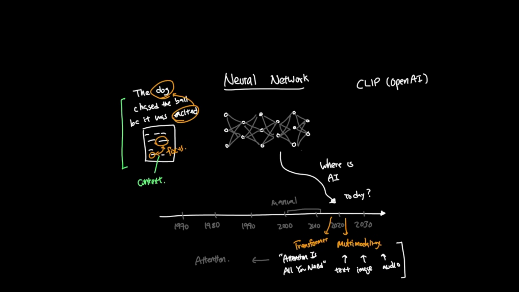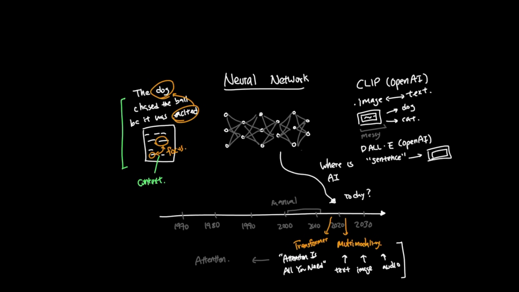A major example is CLIP from OpenAI. CLIP learned to connect images and text by training on image-caption pairs from the internet. Instead of only learning fixed labels like dogs or cars, it learned a more flexible connection between visual concepts and language. That was important because it showed that the model could learn from broader, messier data, not just carefully labeled datasets. Another example is DALL-E from OpenAI, which showed the model could generate images from text prompts. So instead of only classifying an image, a model could take a sentence like "an astronaut riding on a horse" and generate an image that actually matched that description.